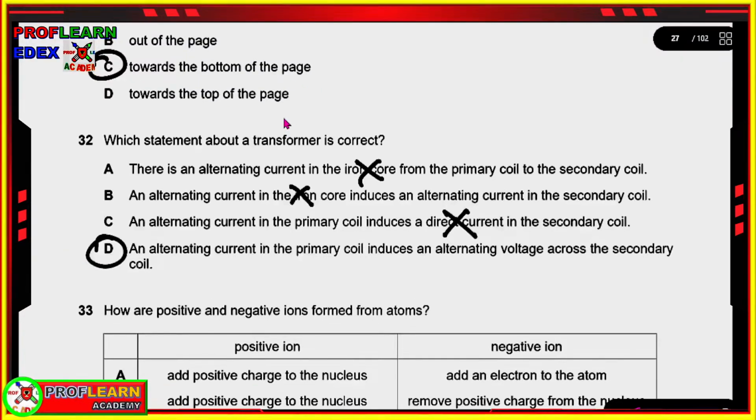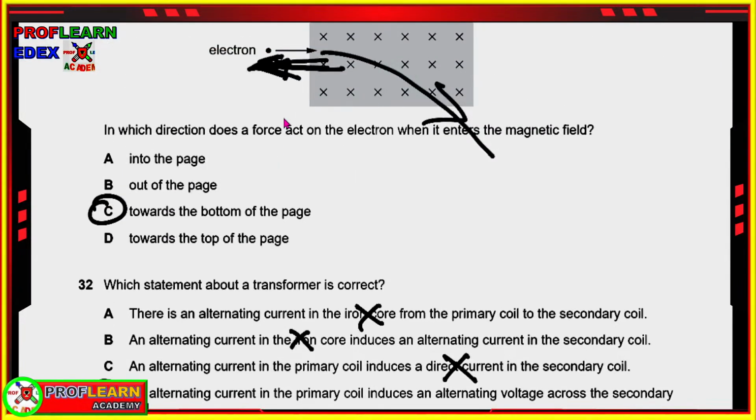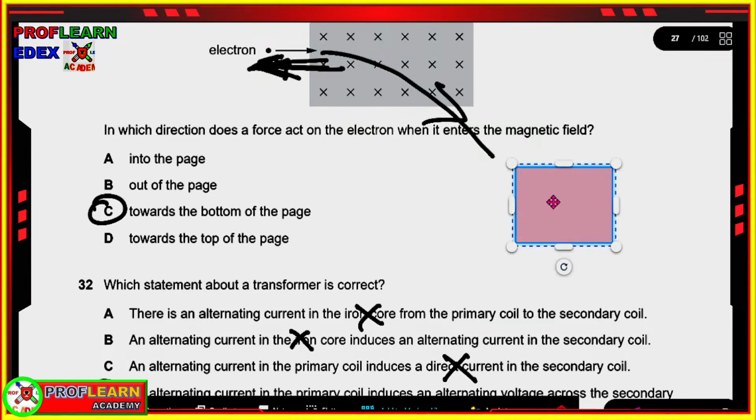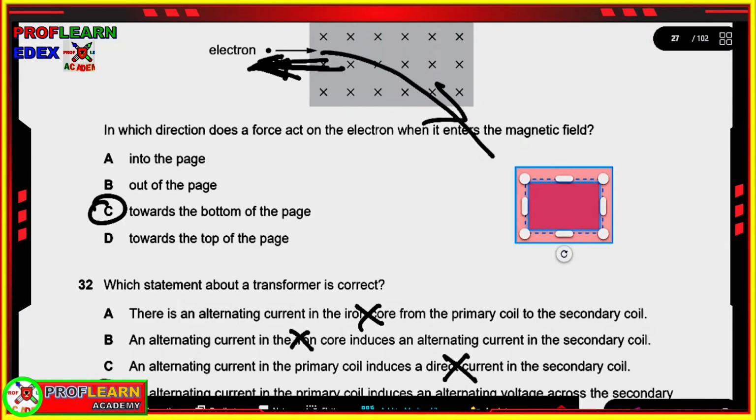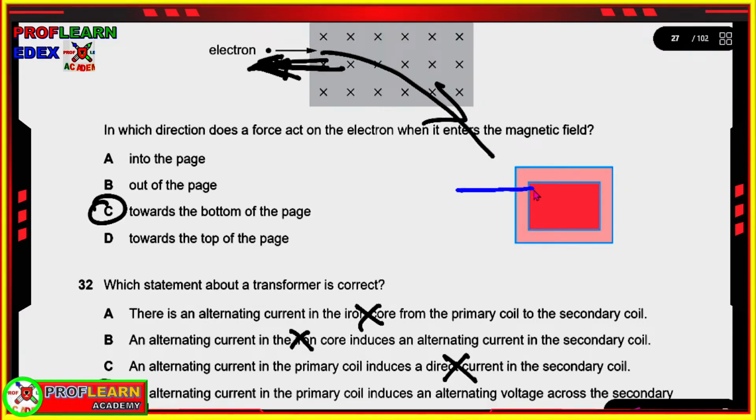I've already made tutorials about transformers, but let me just mention what happens. This is usually the primary coil, and here we have the secondary coil. A transformer works with AC current only. When AC current flows through this primary coil,